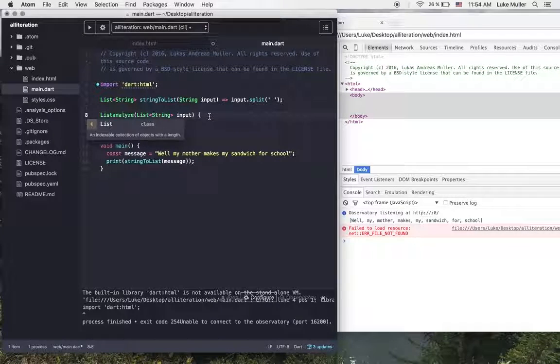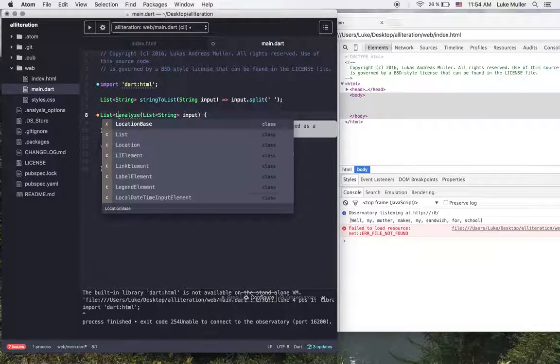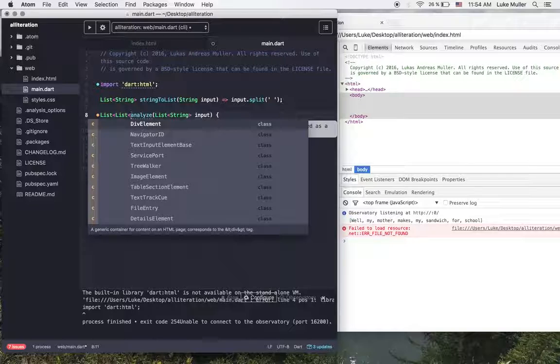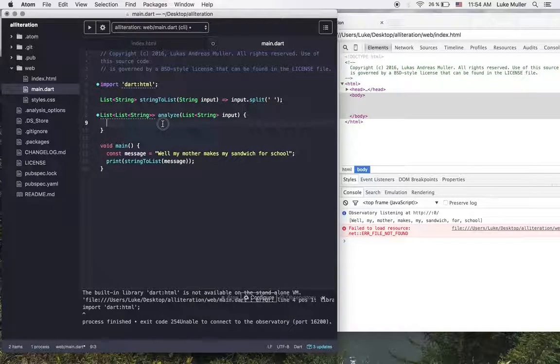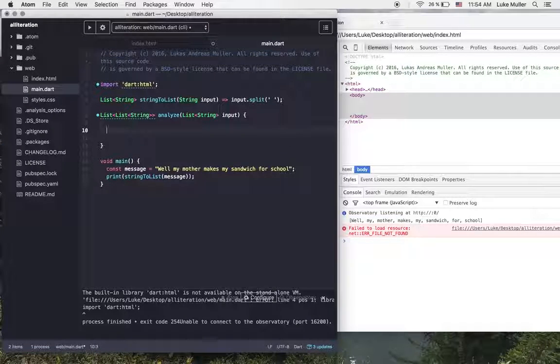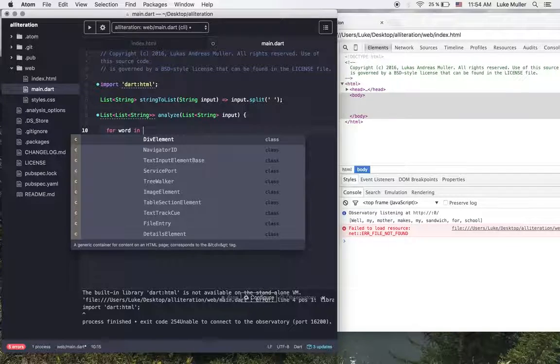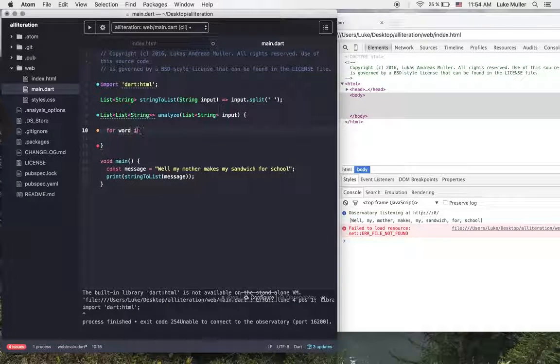So we're in need of a list in the end that is made out of lists, which are of type string. I know this looks a little weird, but that's what we're going to need. So for the next thing, we want to go through our list here and analyze every single word. We say for word in input, right? Well, it doesn't exist here. What we have to do instead is input,